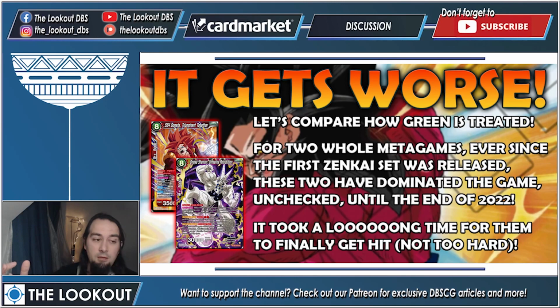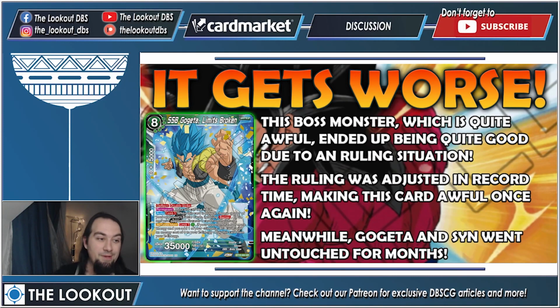Sin is still doing okay. But what's happening when it comes to green? Here is what happens when green is good. This Gogeta boss monster, the boss monster of the awful Gogeta BR deck, was quite awful. And it currently is quite awful. But for a very limited window of time, it ended up being actually quite good because there was this weird